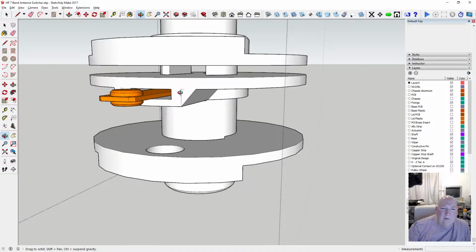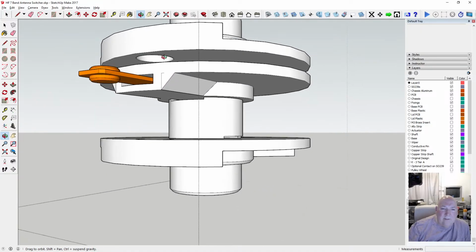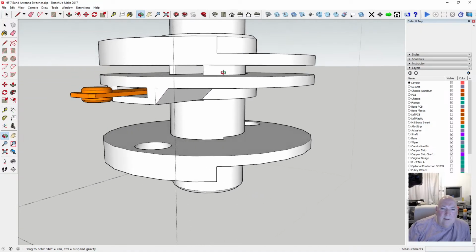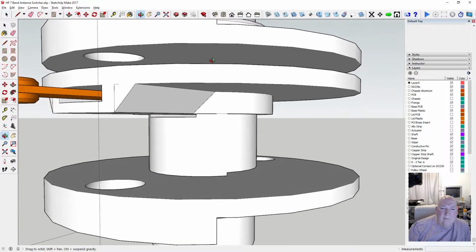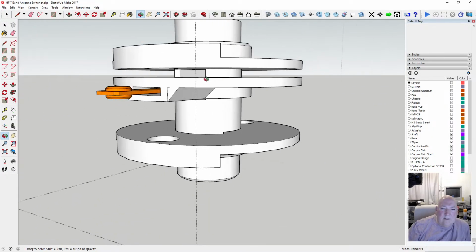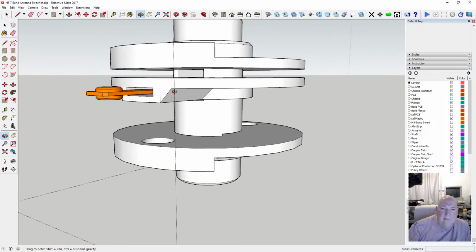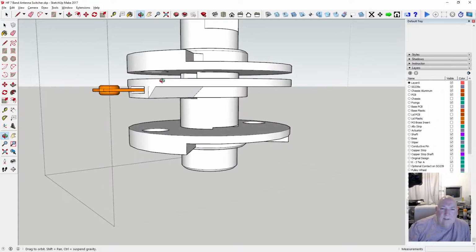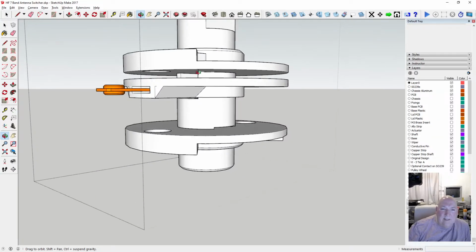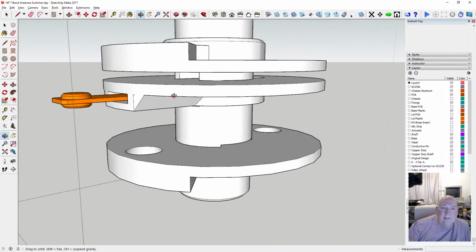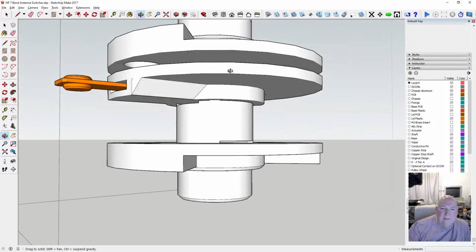So this will move up and down. We can't have that moving. It needs to be locked in place. Although in reality it won't move a lot. So I don't want to make that any thicker. And I can't have anything on this side because that's printed front face down.